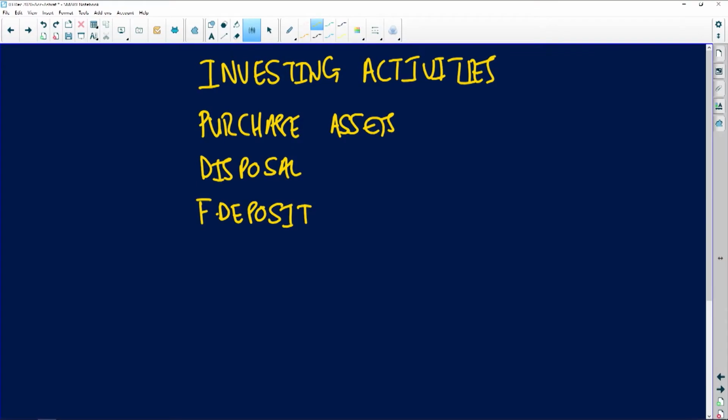Now, with regards to the purchase and the disposal of your tangible assets, what method do you use? The best method to use is the one I'm going to show you now. Why? Because you're using something that you're au fait with, something that you know about. What am I referring to? I'm referring to note number 3, your fixed assets note. Here goes. You start off with your carrying value at the beginning of the year, right? You then bring in your depreciation,